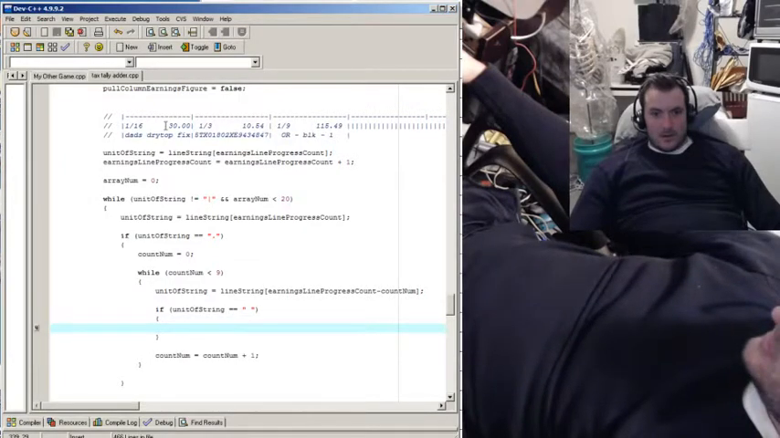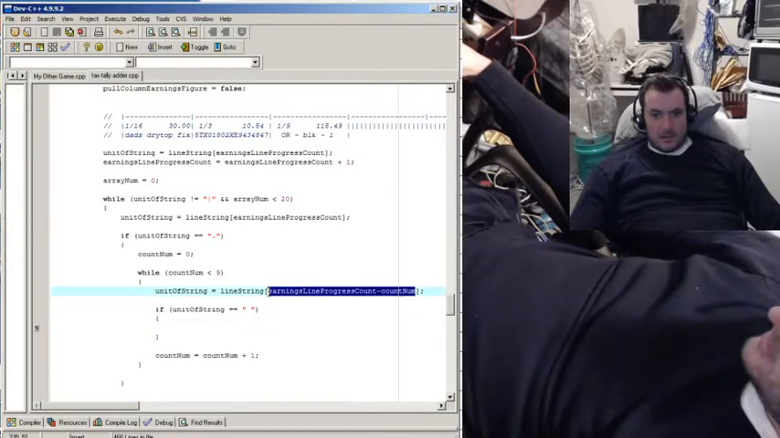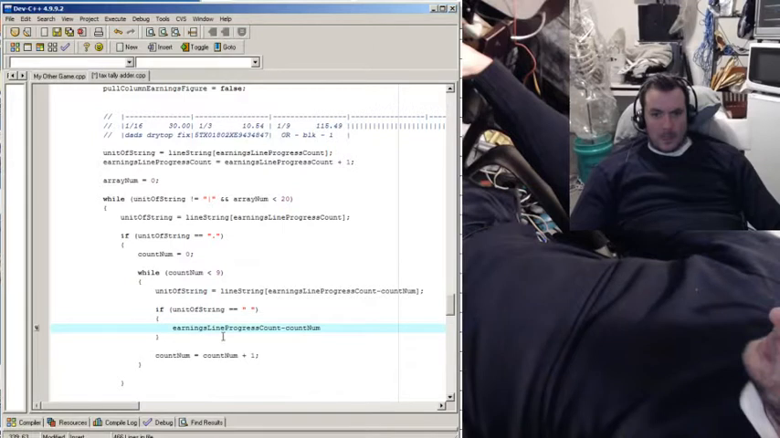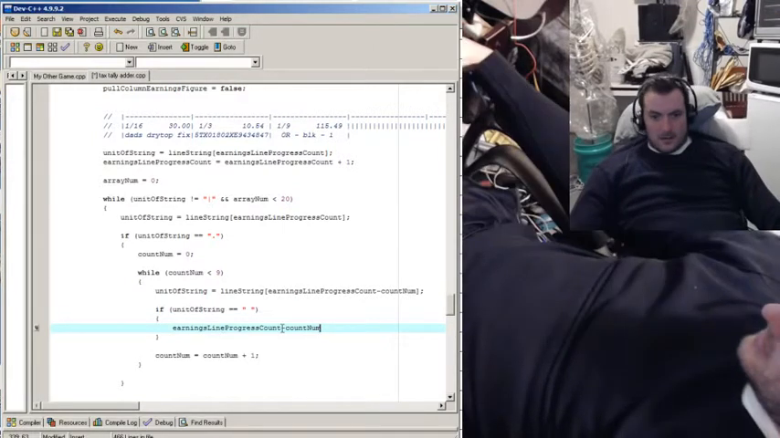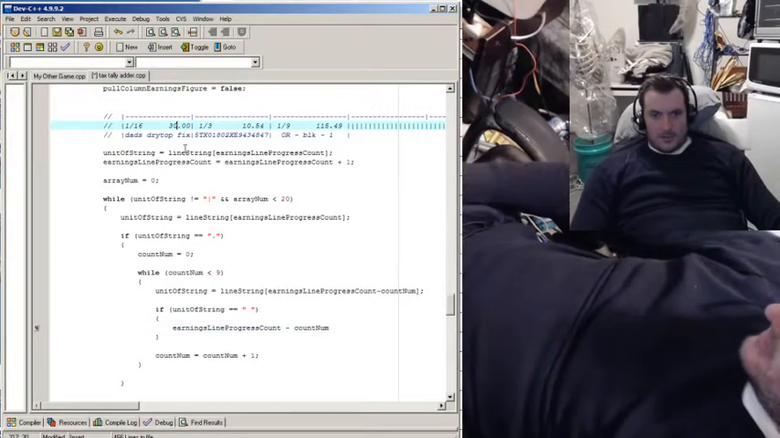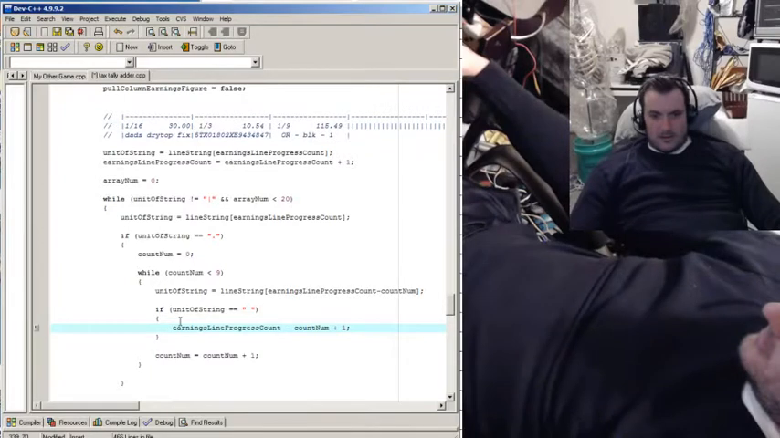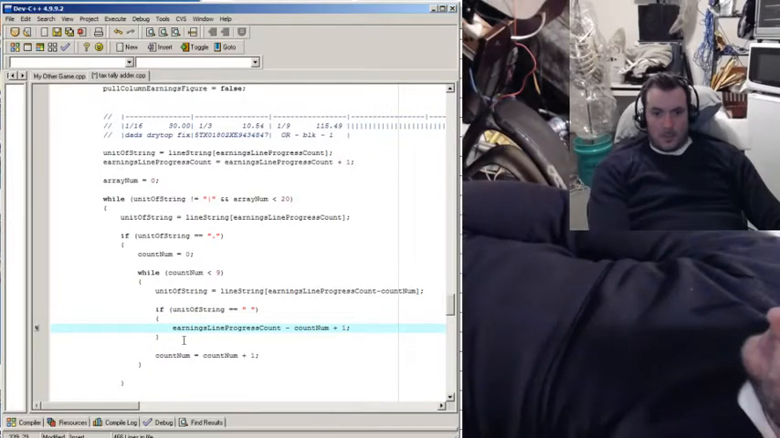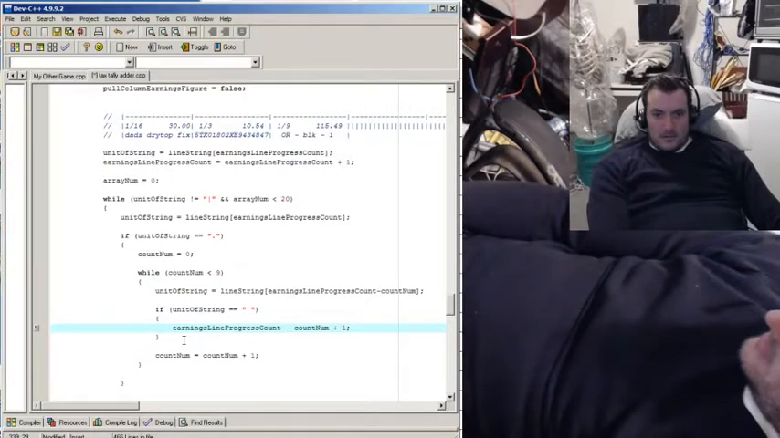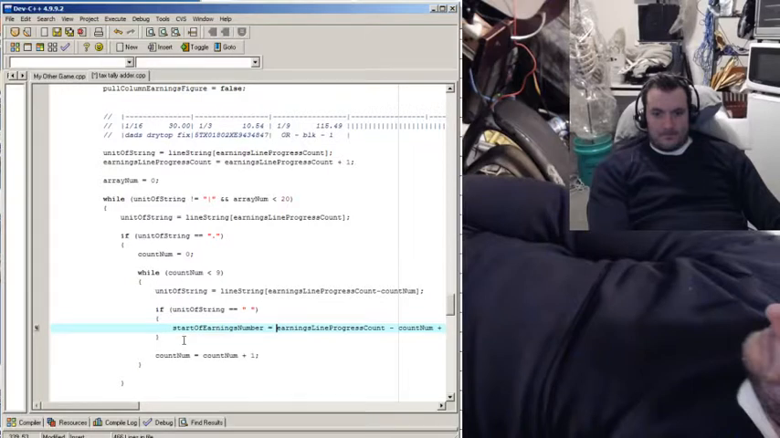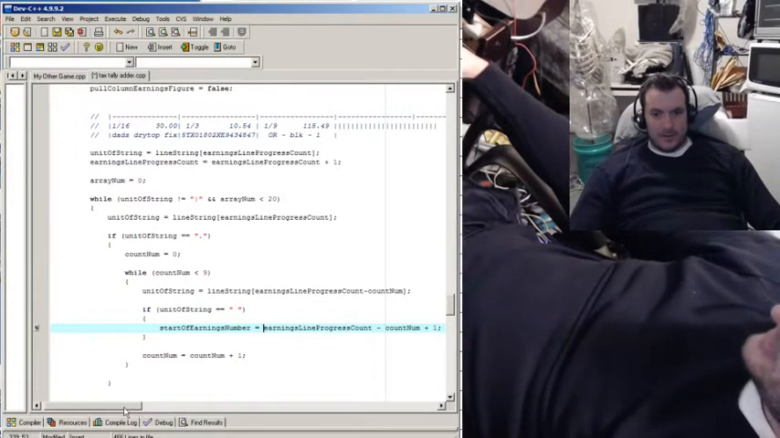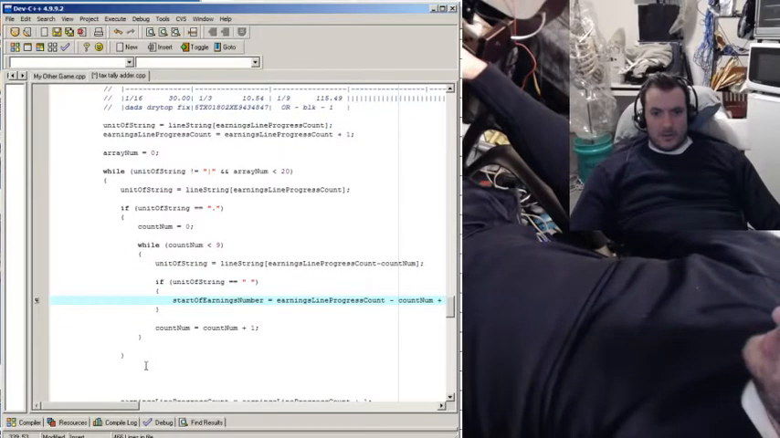Okay, so once we find the space line, we're just going to add 1 and record it. Minus count num. Alright, so let's say this was 15 minus 1, 2, 3. Okay, plus 1. Plus 1 equals... start of earnings number. There, so we don't get too confused. I don't like it getting confusing. And then we'll do